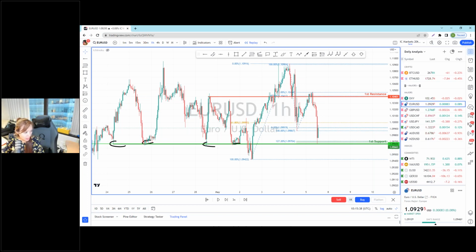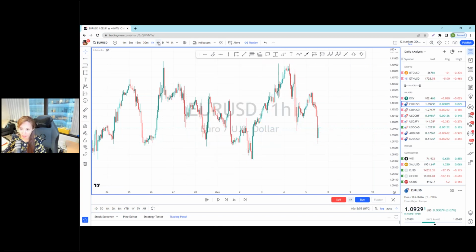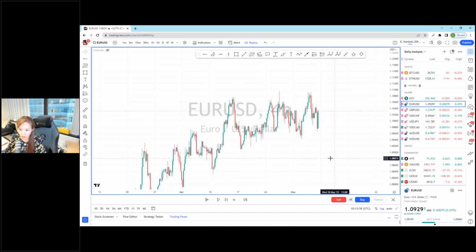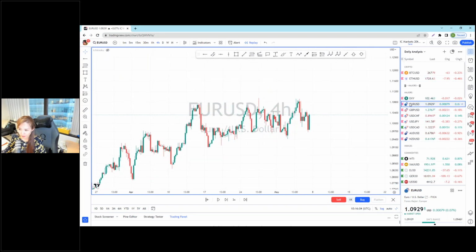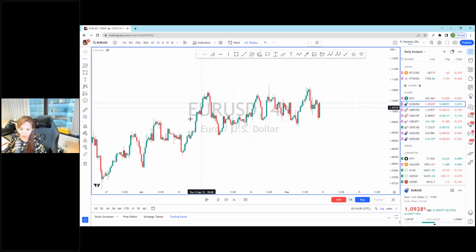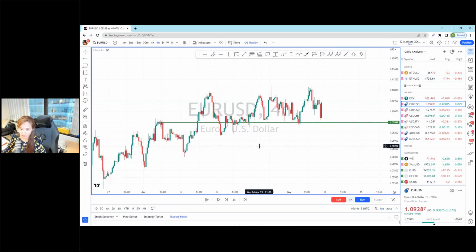Okay, do you worry about upcoming news before drawing Fibonacci levels? If there is really major news, like I think this week we do have big news for the USD, usually if I plan my setup, I go for a higher time frame, like at least H4. Let's say I want to find a setup for the EUR USD. First I want to draw support and resistance. This is my first support, even though this one has the cut-in here, right? But it's okay.